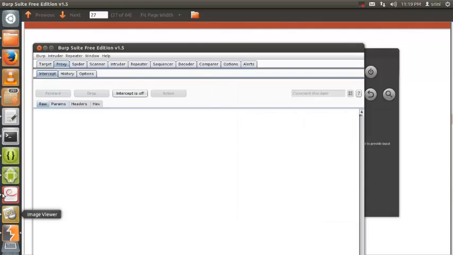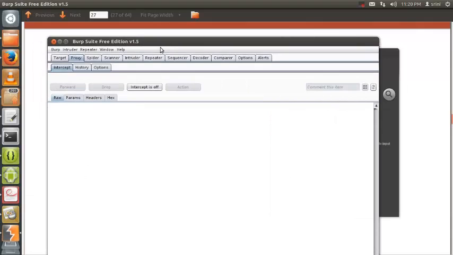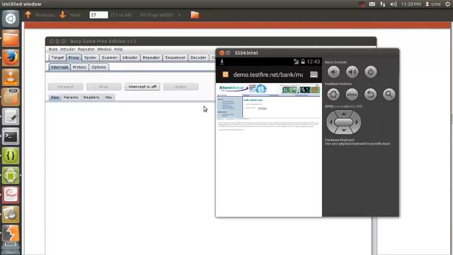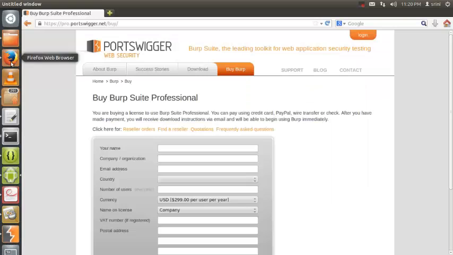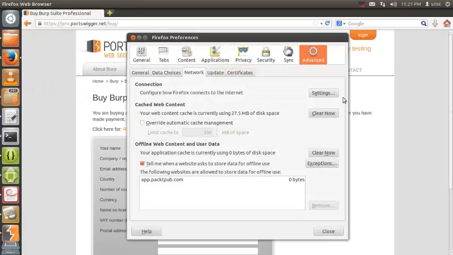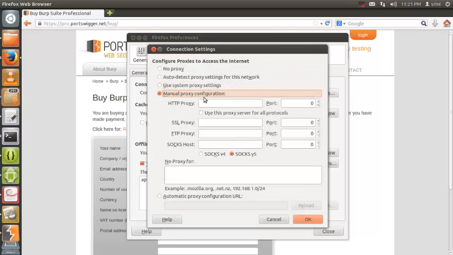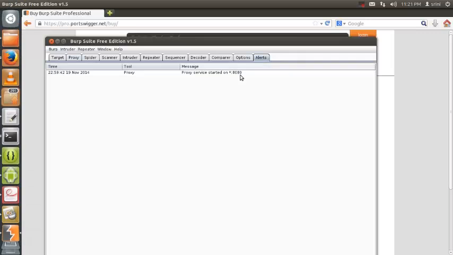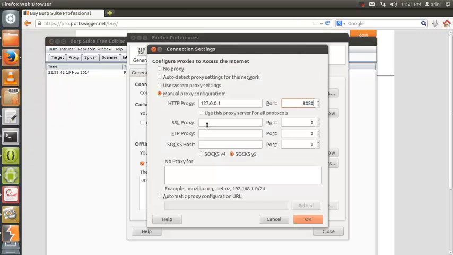So let's do that. The first step is we need to get the self-signed certificate for this particular Burp. To do that, what we have to do is just configure your browser to actually send all the traffic to this particular Burp, right? So first let's do that. Go to Edit, Preferences. In Ubuntu this is the way. If you are using Windows, you can go to Tools, Options, and then go to Advanced and then Settings, and configure this browser to send all the traffic to a Burp which is running on localhost. As you can see, the port number is 8080. This is where Burp is running, and let's use this for all protocols. Click OK